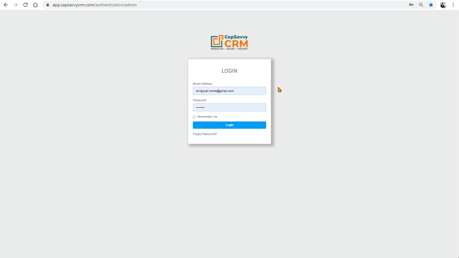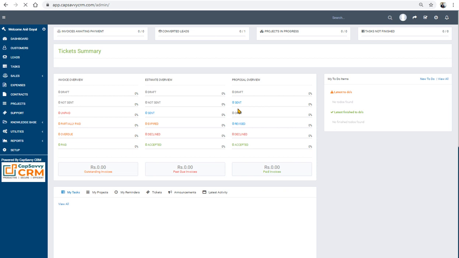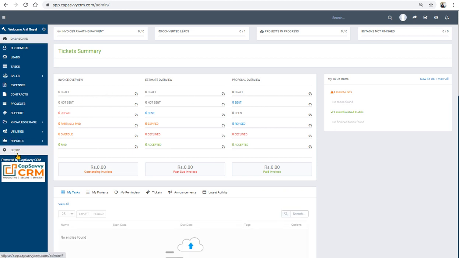So today we will learn, once you have created your username and subscription, and your email ID, how to do first-time login, how to set up your company name, how to set up your logo, and how to set up your email so that the same email ID will be used when you are sending email to your customers or to your team members.